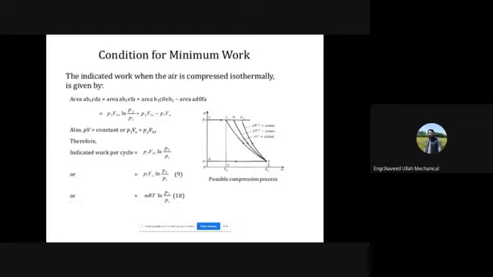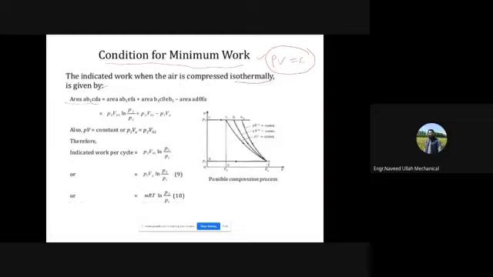Okay, so obviously we developed the formula for indicated work and similarly indicated power for the polytropic process. Now if you use the condition for minimum work, which means the isothermal process, what will be the work consumed by the compressor? So actually here it is discussed in this slide. The indicated work when the air is compressed isothermally is given by